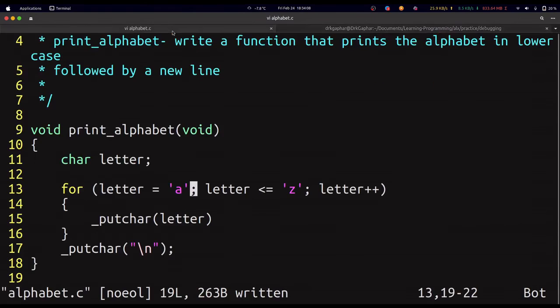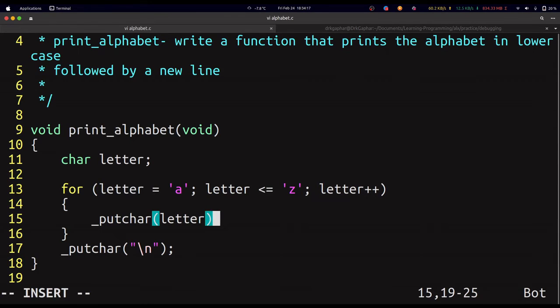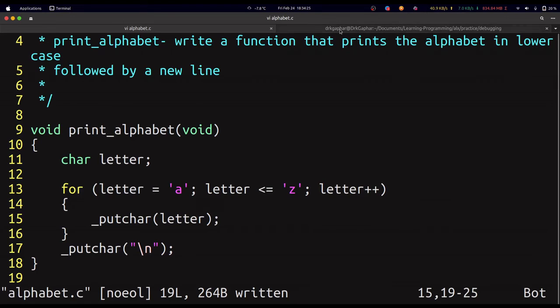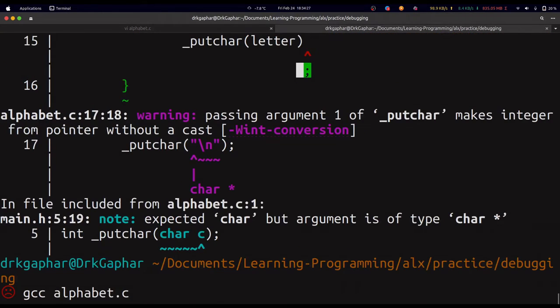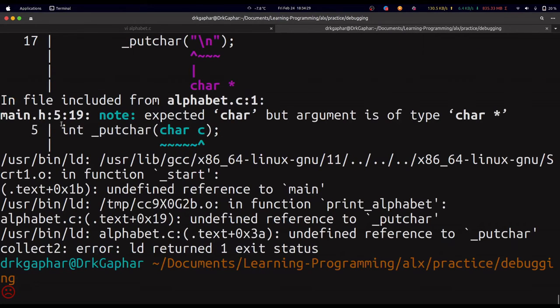Okay, so if I go back here to line 15, you can see I don't have any semicolon here, so I just need to fix that. But Betty did not complain about this particular line 15. You can see Betty error is different from compiler error. All right, so let's move on. So I'm just going to run the GCC again. Now the next error,